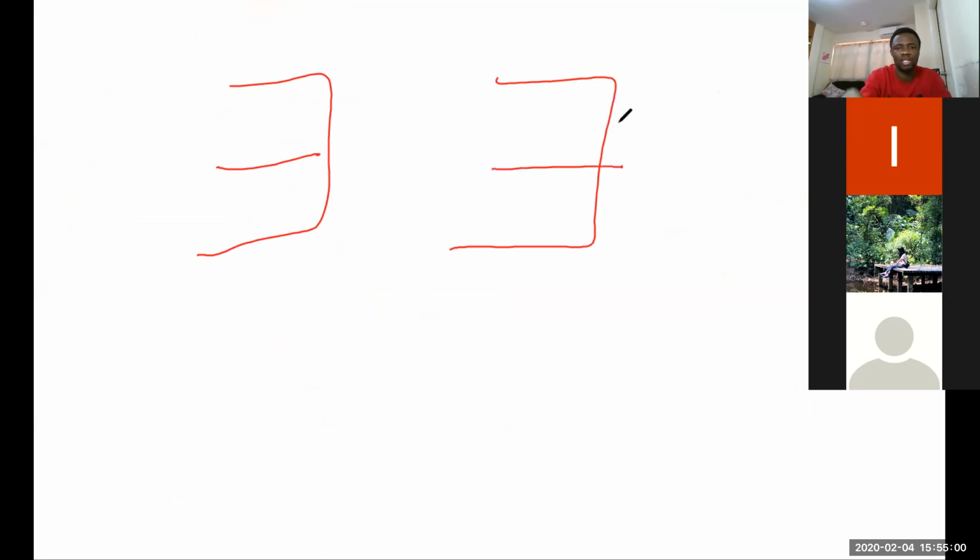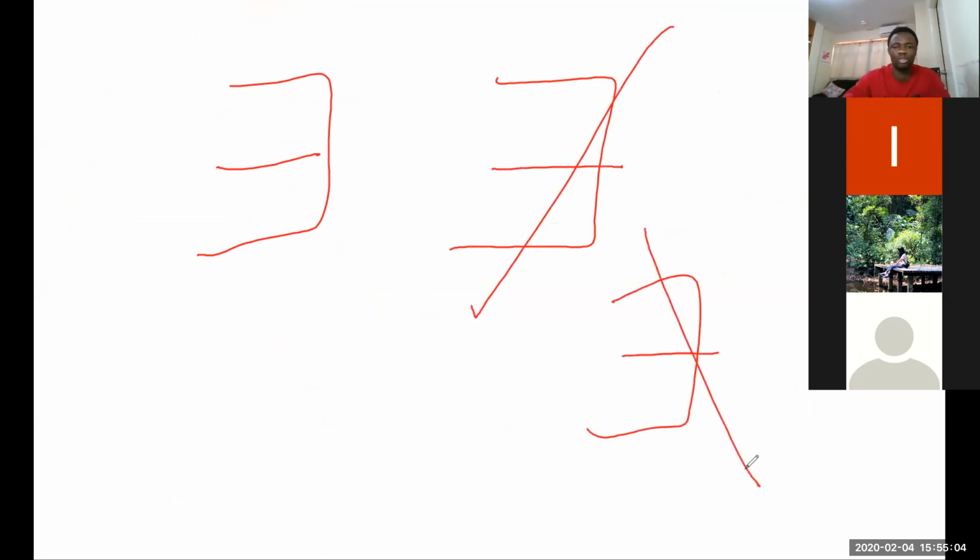So when you write this, it is there exists, yes? When you say there does not exist, it's this way, not this one. I noticed some of you use this. This is wrong. This is the actual symbol, okay? So this is there exists, this is there does not exist. Does everybody get that? So please, I know we are new in this, we are getting more mature